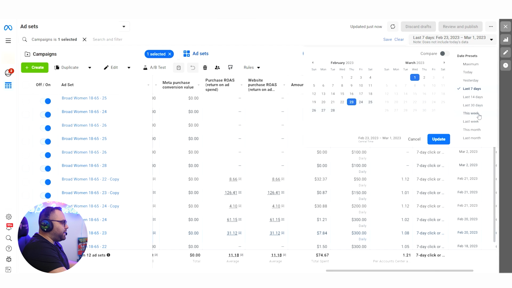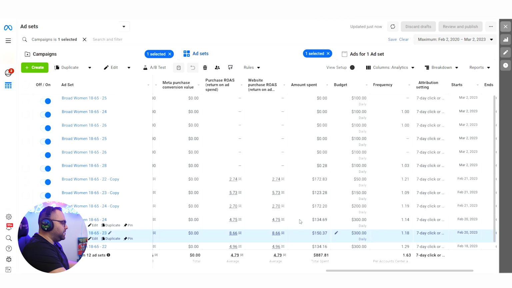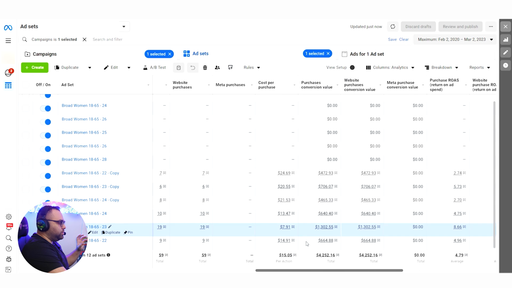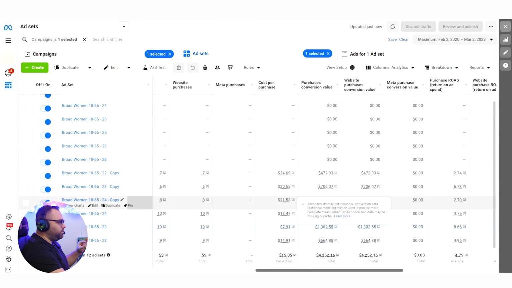Now, what have I learned in the maximum period from this campaign? I have learned that even when I put 22, okay, or 23 or 24, it's going to give me a little bit less. I have seen also from the other account that I showed you earlier that I'm also profitable with 30, 28.